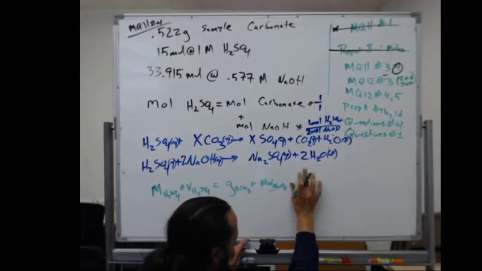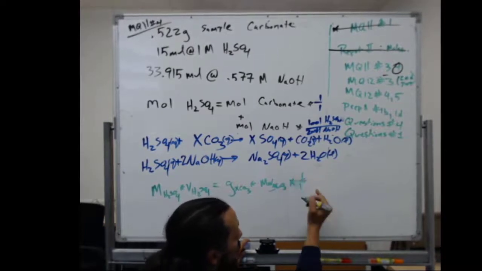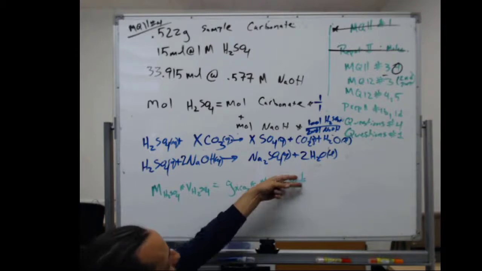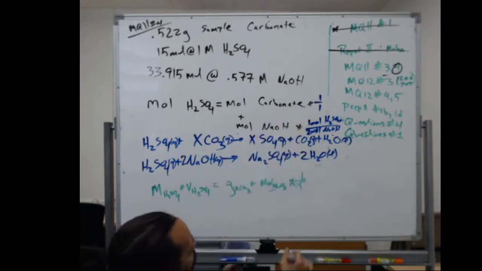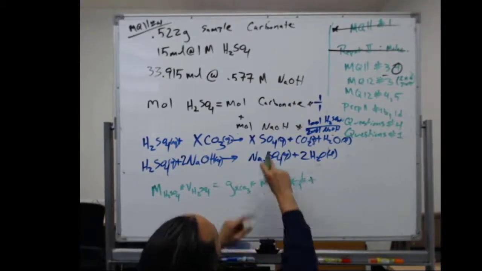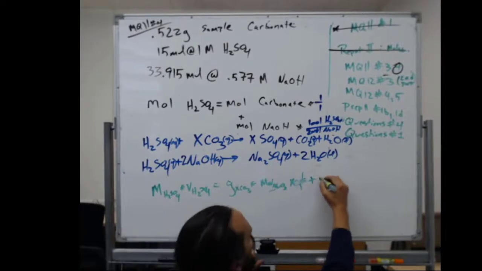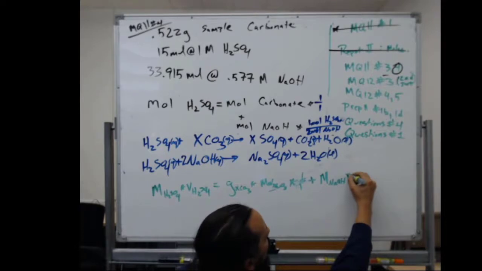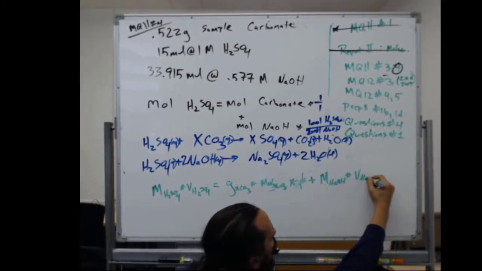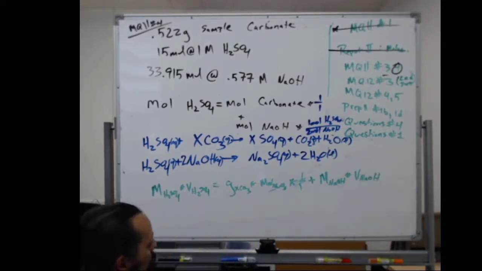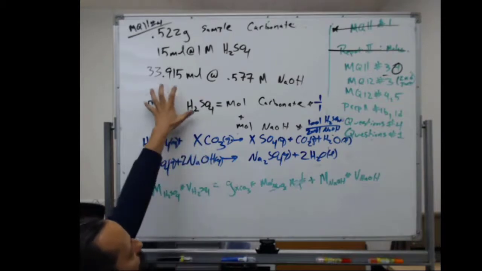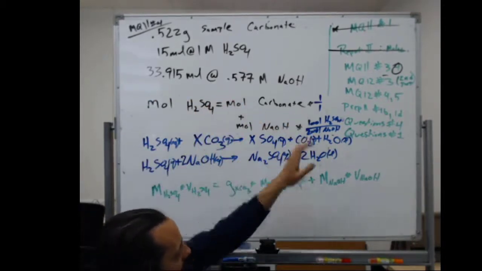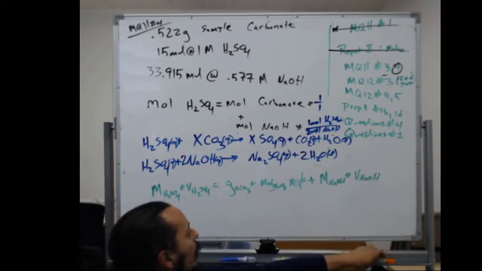plus, times 1. Now, I know multiplying by 1 is not mathematically interesting, but that's really important for getting our units correct. Plus the molarity of NaOH times the volume of NaOH. And when we think about it this way, saying that my moles of acid have to be equal to the moles of things it's reacting with, taking the mole ratios into account,